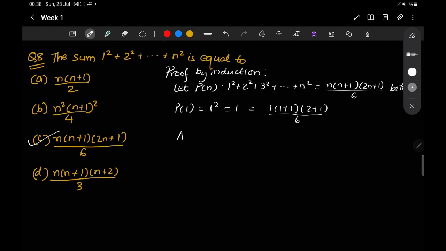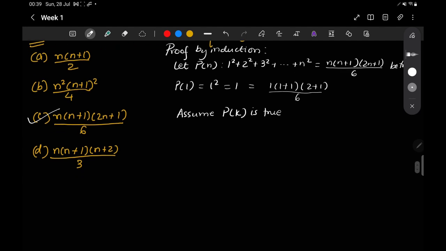Now we will assume that it is true for Pk, like n equals k. Now we need to show that Pk plus 1 is also true. So Pk plus 1